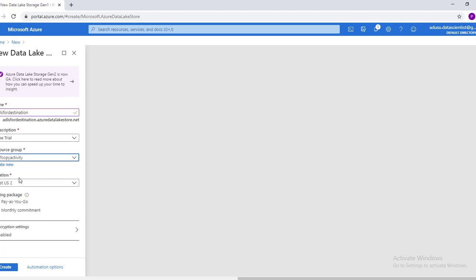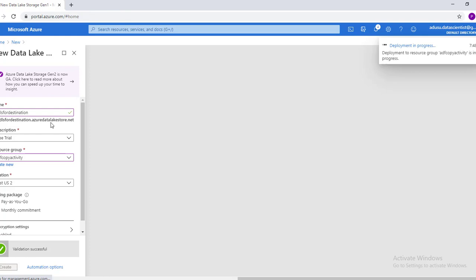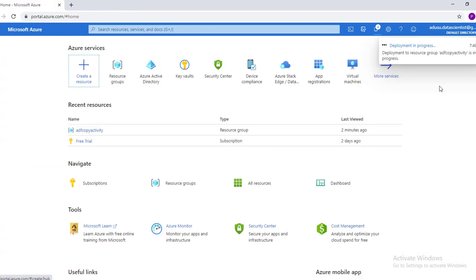We'll select East US location and click on create. It will take some time to create.